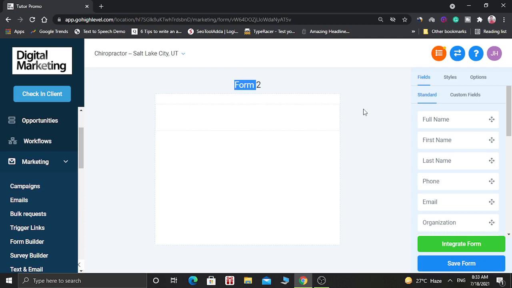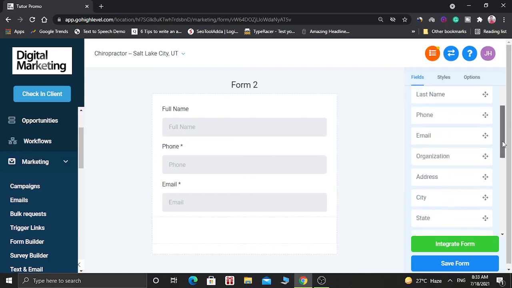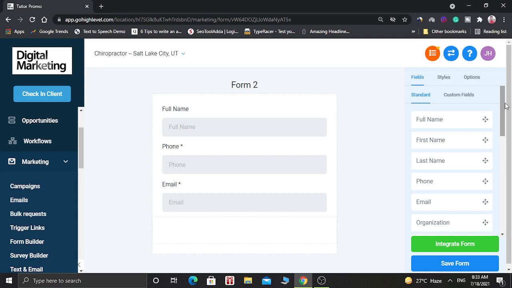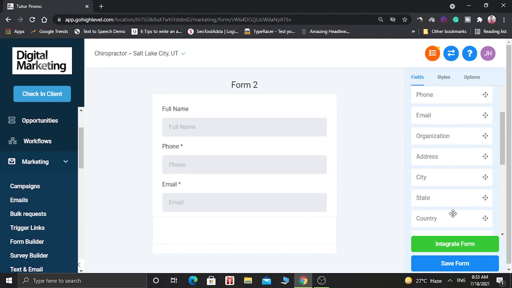Here you will find a lot of pre-made fields such as full name, you can use it here, phone number, email, organization, address, state, country. Lots of fields are available here.